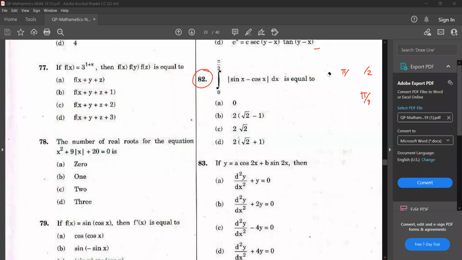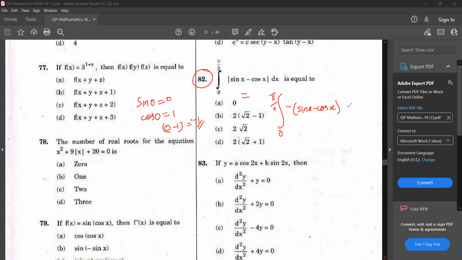Okay, now I'm going to split this function, integral 0 to pi by 4. So in the interval 0 to pi by 4, if I am putting sine 0, that is 0, cos 0, that is 1. So sine 0 minus cos 0, that is 0 minus 1, I am getting negative 1. So in this interval, this function is negative. So we can write this as minus sine x minus cos x